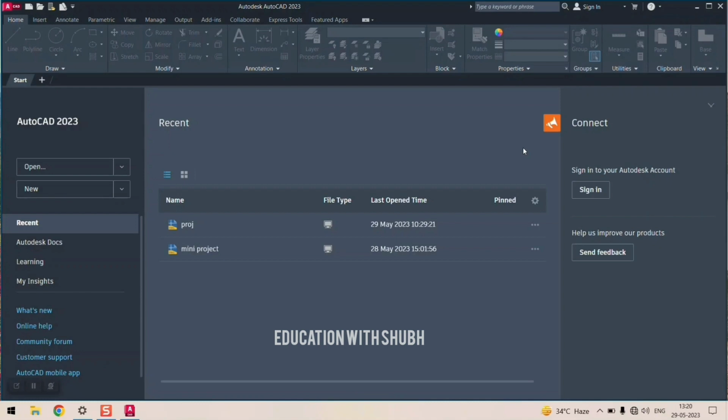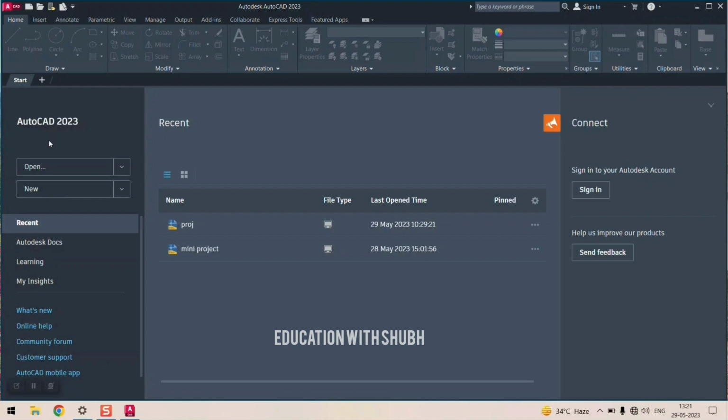Most of the people may be aware of this, but I will take it from the beginning, from scratch, as if nobody knows about AutoCAD. So I'm considering all of you as first-time joiners in my class. In that case, I will be teaching from the basics of AutoCAD. So in this particular layout, you will see